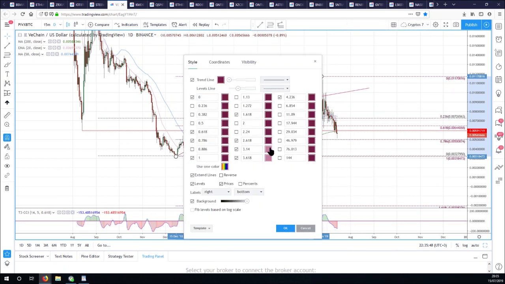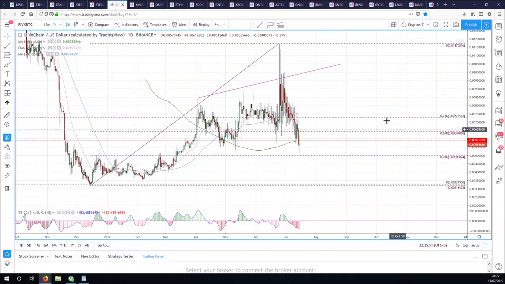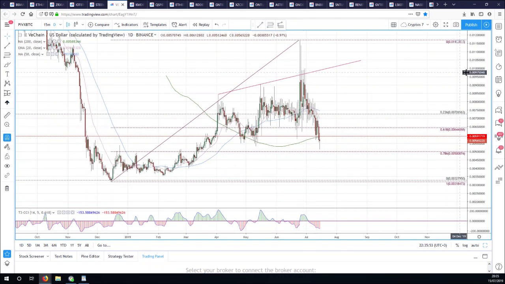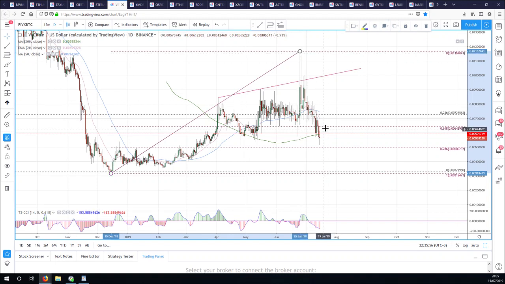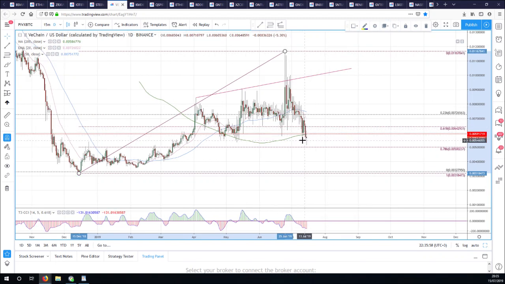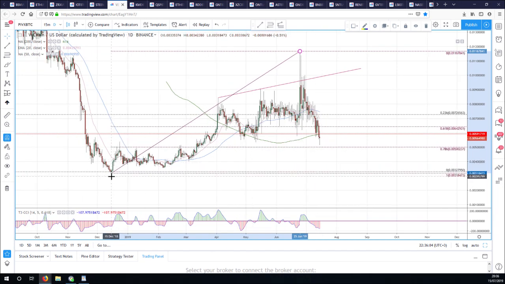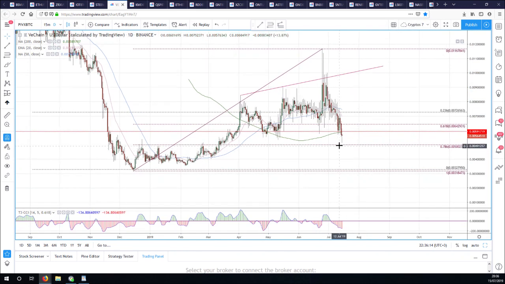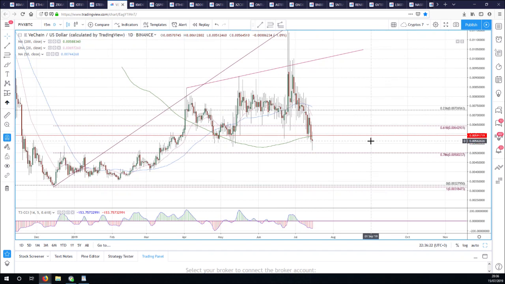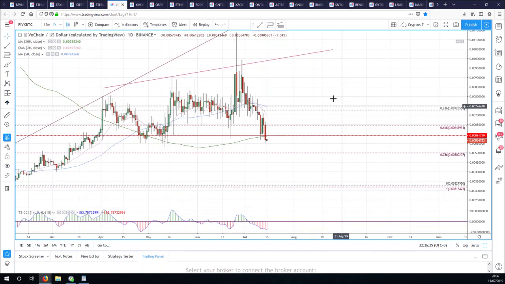Okay, so clearly this 61.8 that we tagged a few times has broken, and we're underneath it, and we had a whole day underneath it yesterday, and we're still underneath it today. So the next fib support for me in VeChain dollar comes in here around 500,237. A little bit lower and lining up with these previous highs here. If I am wrong, we can be bullish again, I think, if we close more than 50% above.